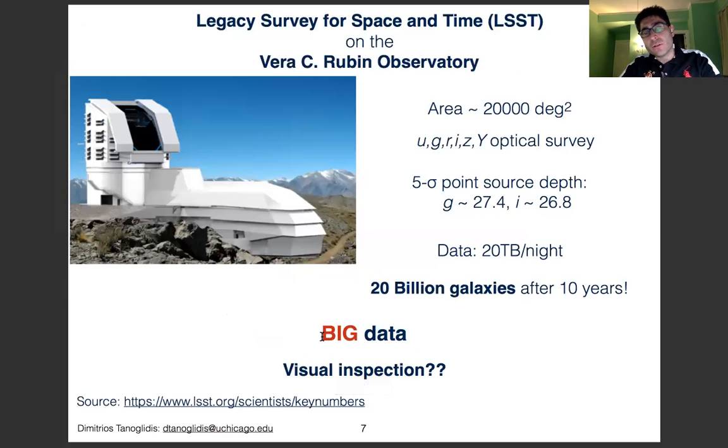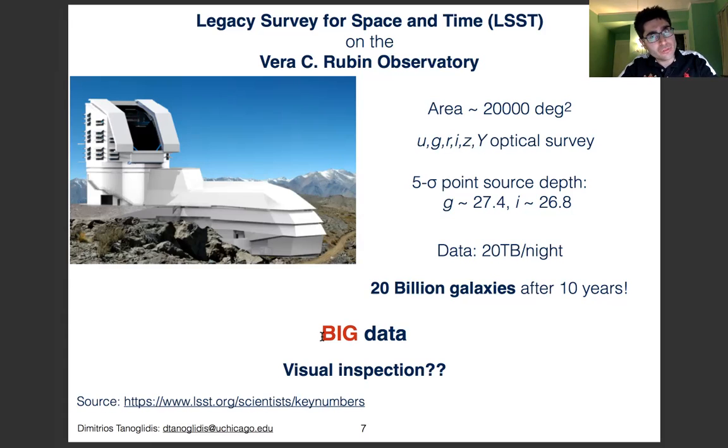So beyond wanting to do this exercise for low surface brightness galaxies in DES, we know that in the future, if we want to push the low surface brightness science, we may need to use such automated techniques because the data will be really big. For example, the upcoming Legacy Survey of Space and Time on the Vera Rubin Observatory that is